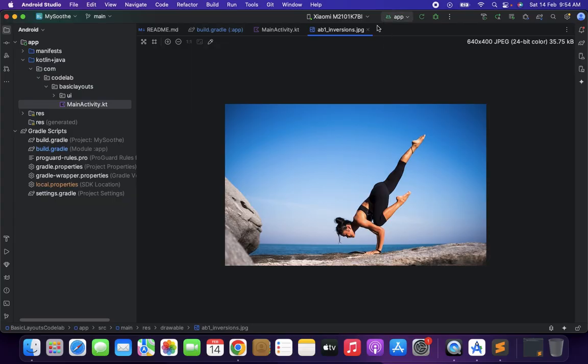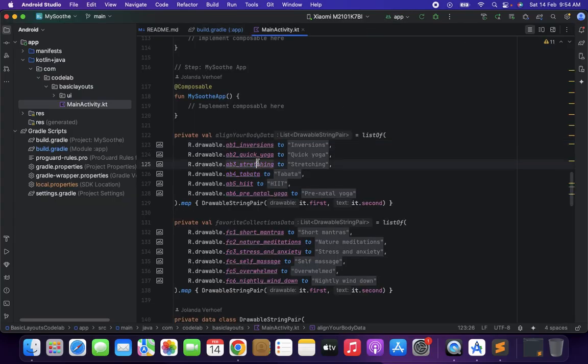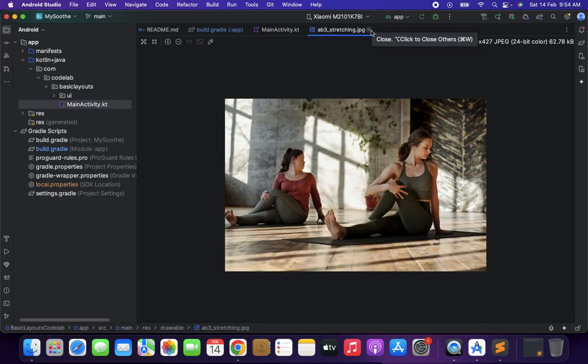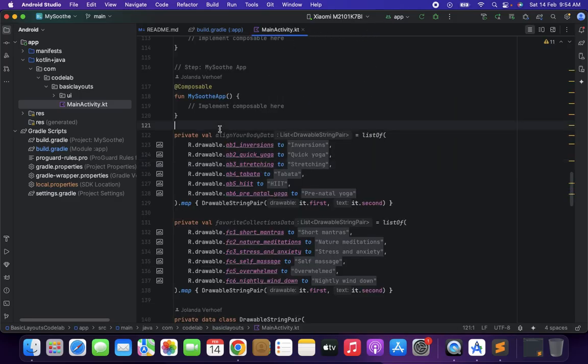See those images. Align your body data, a list of images too, and also there's some